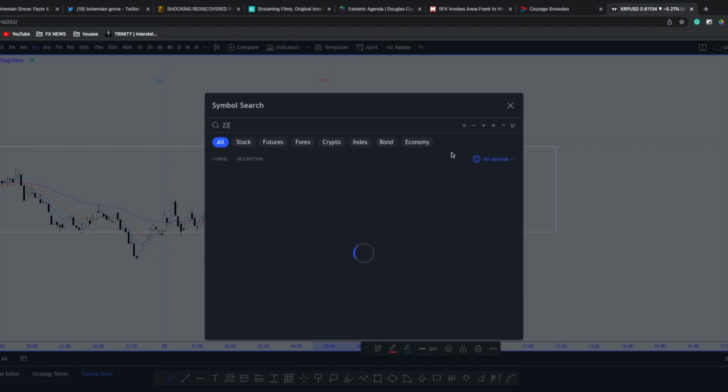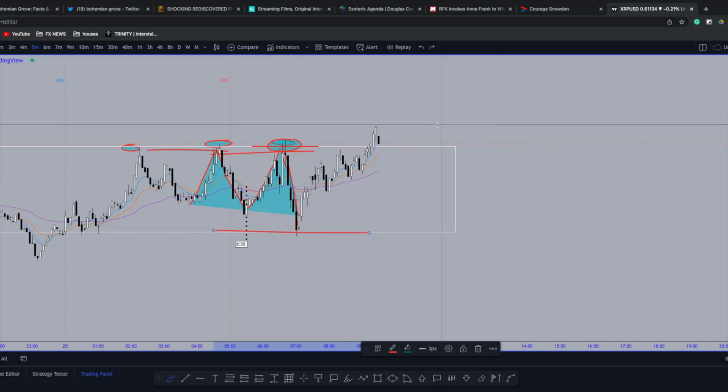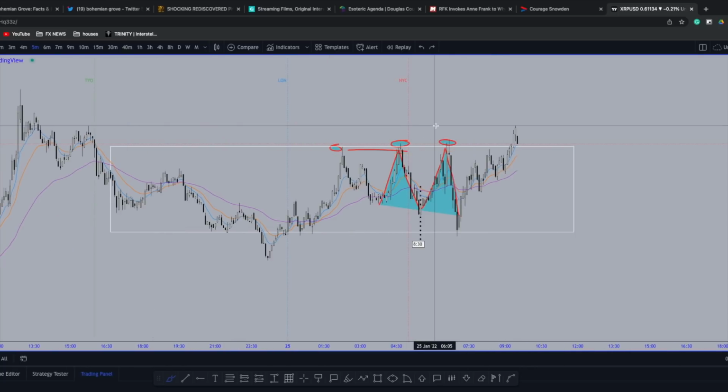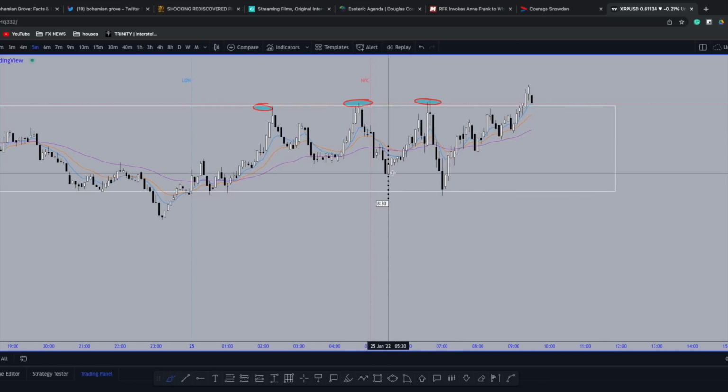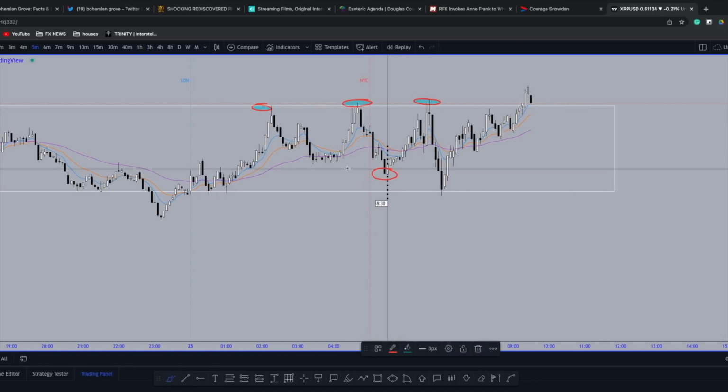Again, proving the theories that I teach here on the CYPRX YouTube, which is what? That the banking institutions, these markets, were designed to take retail traders' money. We can see retail positions existing beneath these lows prior to 8:30 a.m., which is again what I teach to you guys here on the YouTube. I teach more in detail on the CYPRX Advanced Course material. But we can see prior to 8:30 a.m., we see early sellers here in this area, and we see early buyers here in this area.